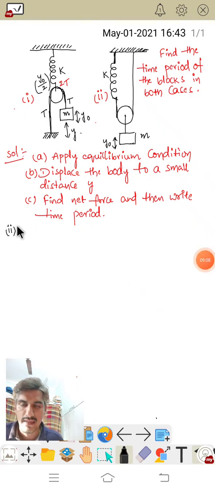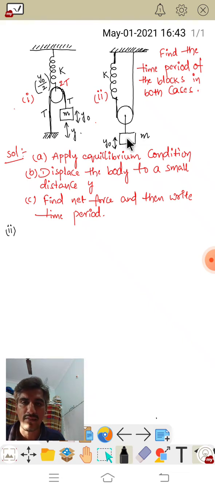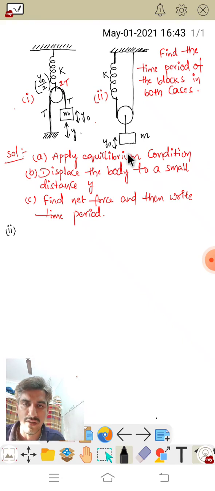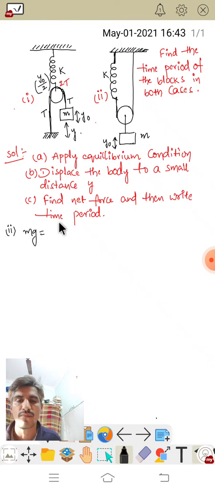Right. Now let us see the second case. In this second case, first what we have to do: as soon as we keep the block, immediately due to its weight it comes to y naught distance and it comes to equilibrium position, right? So when it comes to equilibrium position, then we can write mg is equal to the upward force, which is nothing but